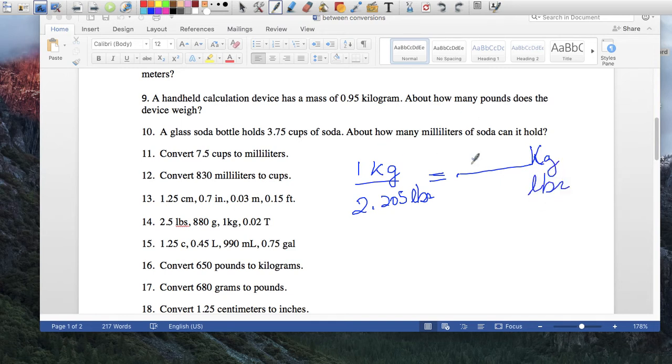Then we have 0.95. Okay, so what's the relationship? We can go up and down one here. So it's times 2.205, and obviously here is going to be times 2.205. Okay. So 0.95 times 2.205 is going to be 2.094